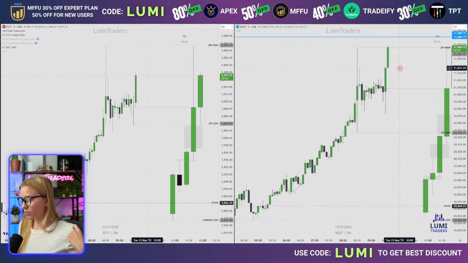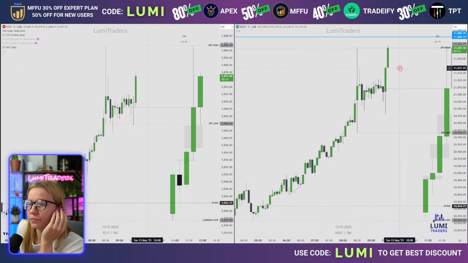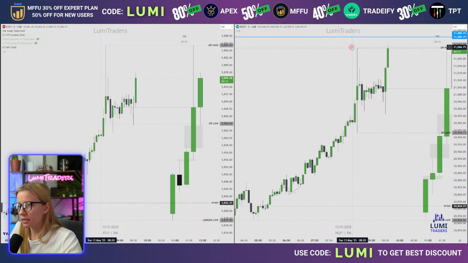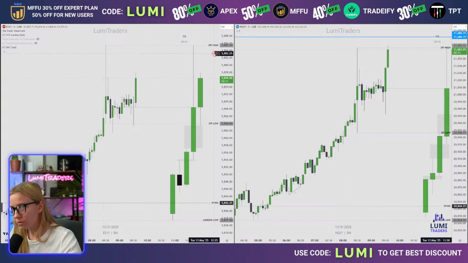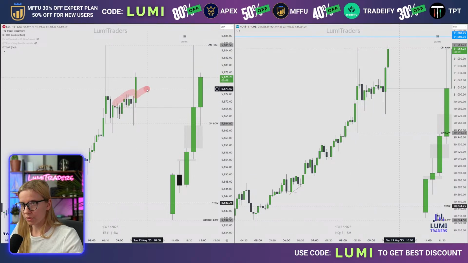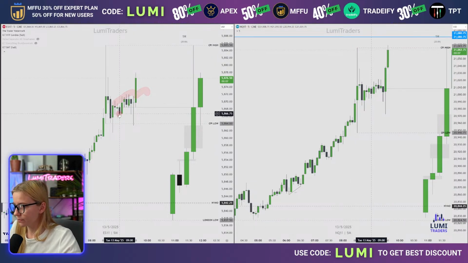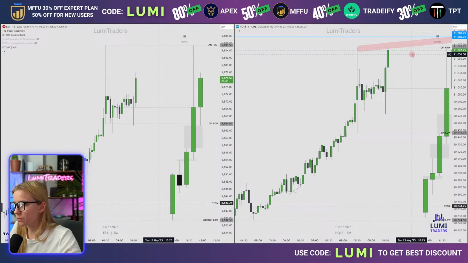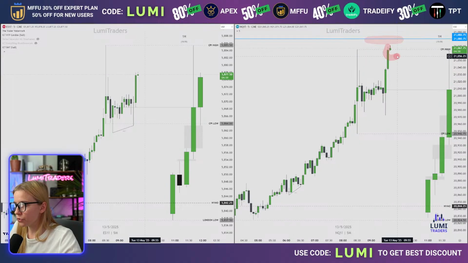Breaking block is optional, but good to have. Most likely we are going to have this. So CPI high taken on NQ. Look how he is struggling. Yes, we just took the CPI high. This blue line is weekly breaker block. So we got new high of the day, RTH high of the day.